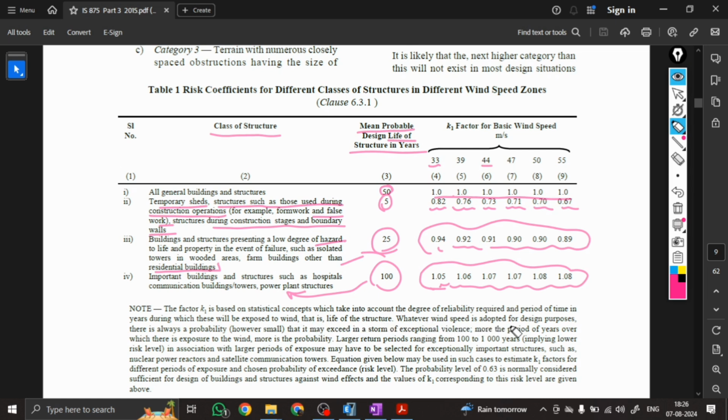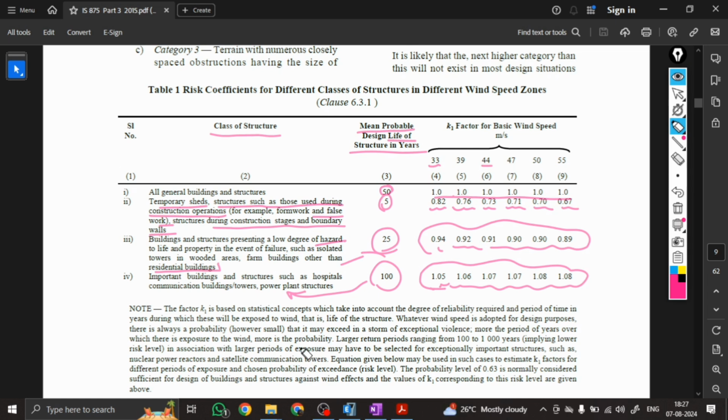Whatever wind speed is adopted for design purposes, there is always a probability, however small, that it may be exceeded in a storm of exceptional violence. The more the period of years over which there is exposure to the wind, the more is the probability. What it's saying is